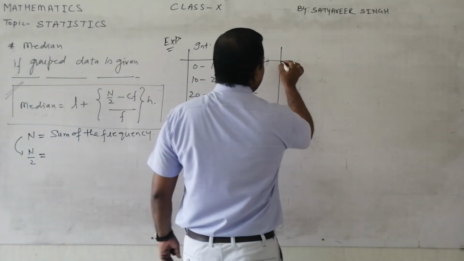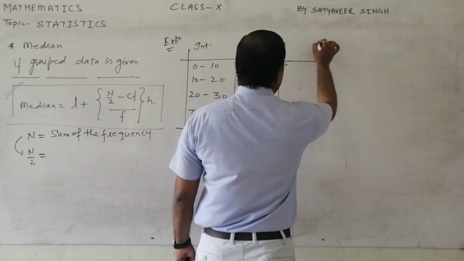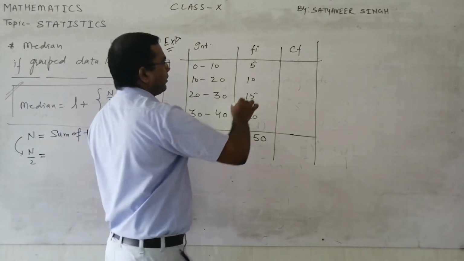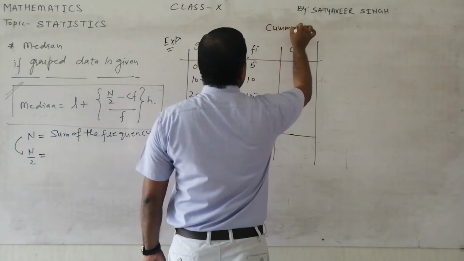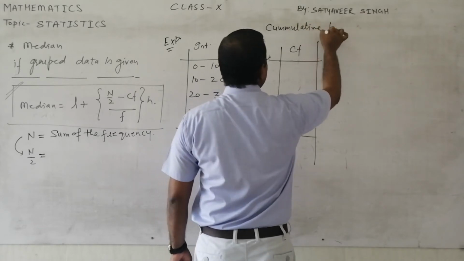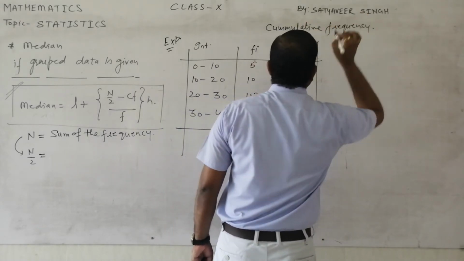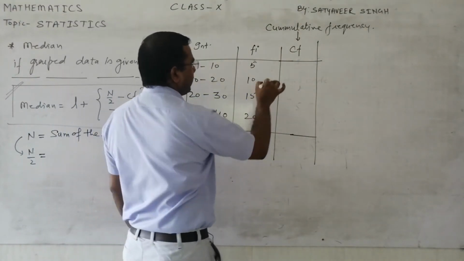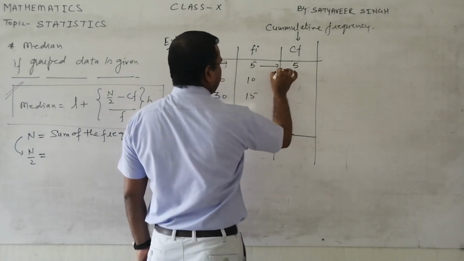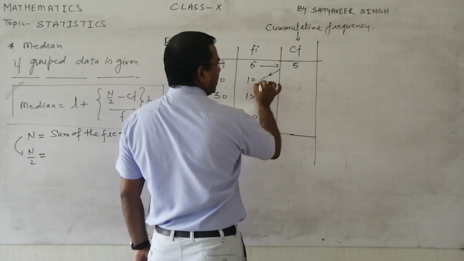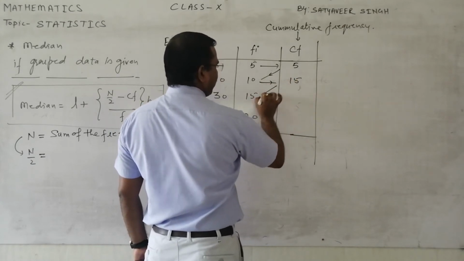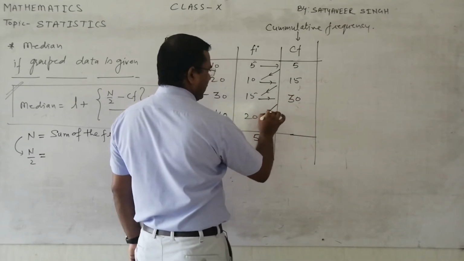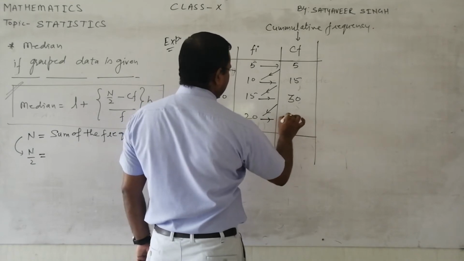And parallelly you will make one new column. That column is called cumulative frequency, and in nutshell it is called CF. You call this cumulative frequency column. So this column you will prepare like CF. How is it? You will write the first frequency 5 and then further you will add 5 into 10 and you will write it is 15. Further 15 you will add 15, and you will write next it is 30. 30 you will add 20 and you will write next it is 50.